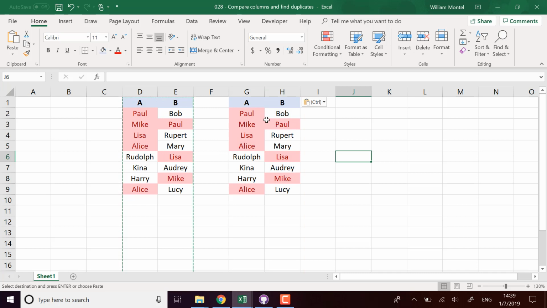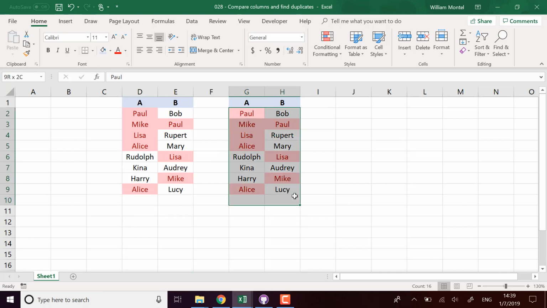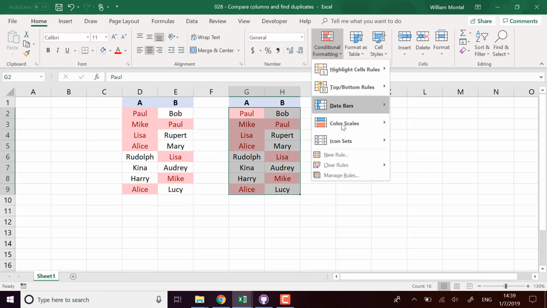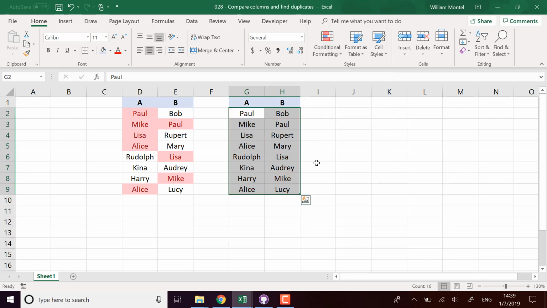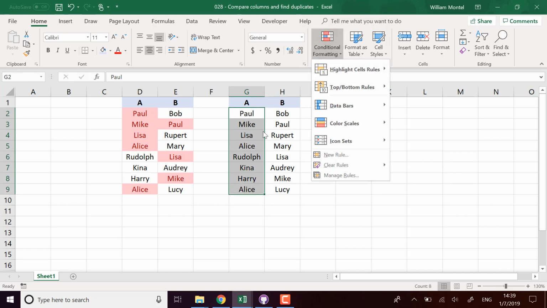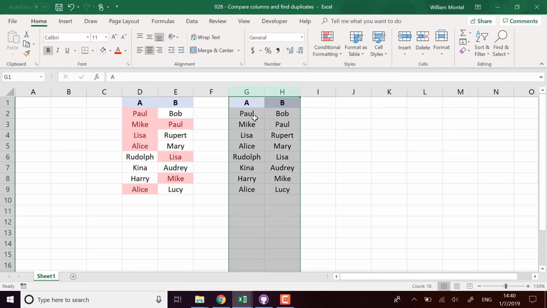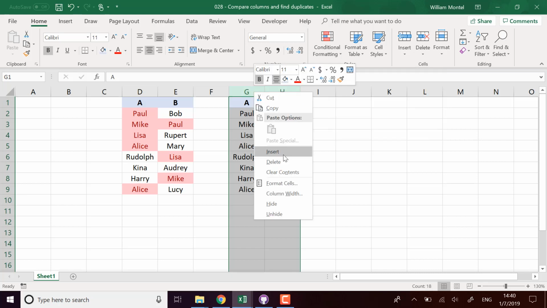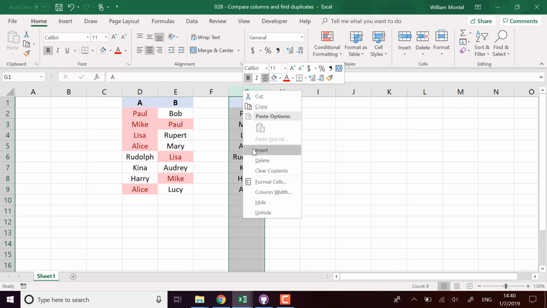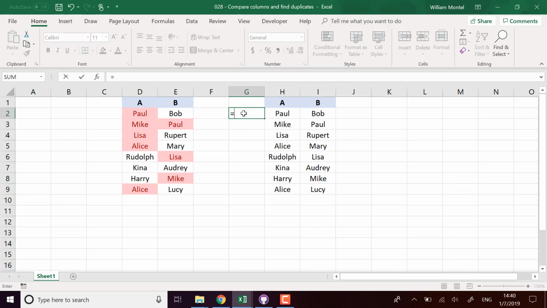Another way you can do it, and it's gonna work even if it's not a unique list, the rule that we're going to apply for the conditional formatting is going to be a bit different. So I'm going to clear all the rules for the selected cells. Actually, we're going to use a formula for the conditional formatting, so it's better that I show you the formula before. So I'm going to insert a column here,